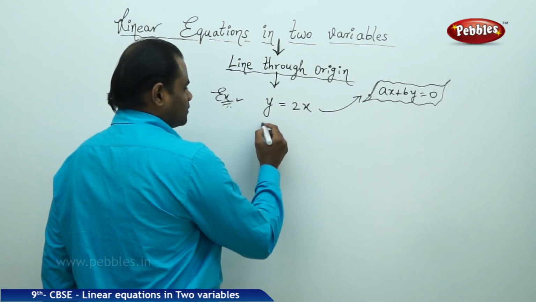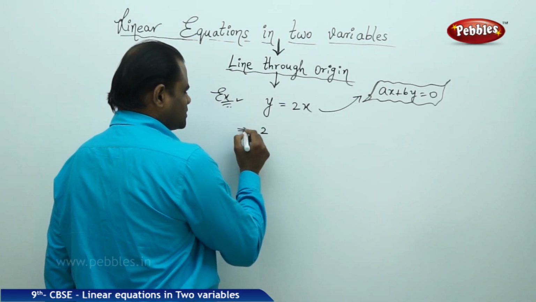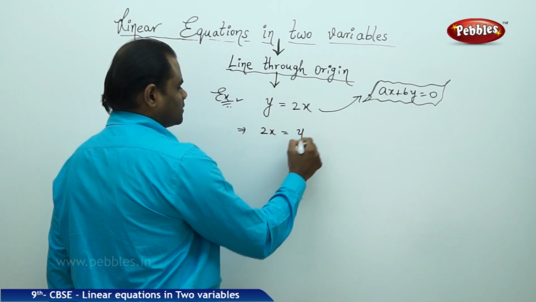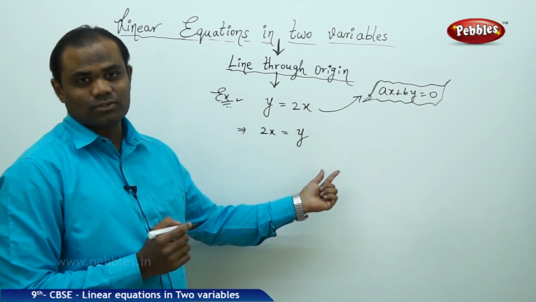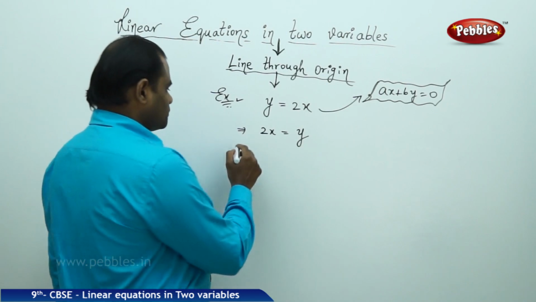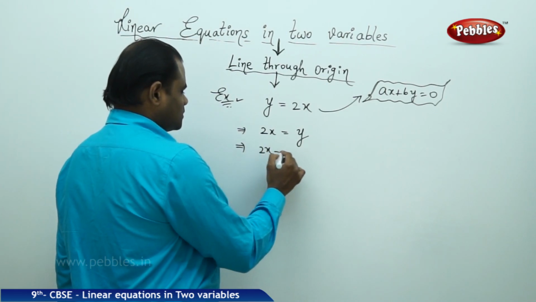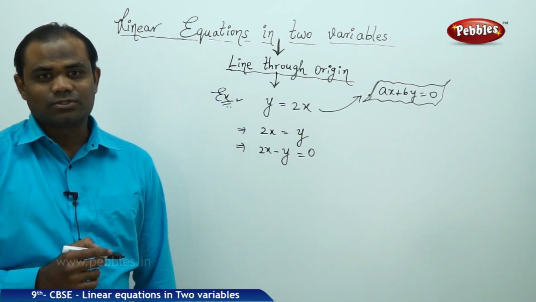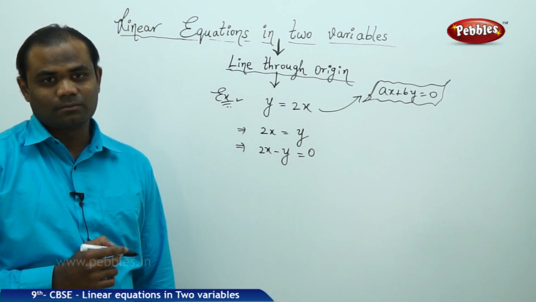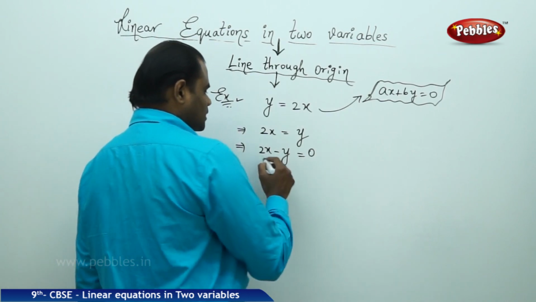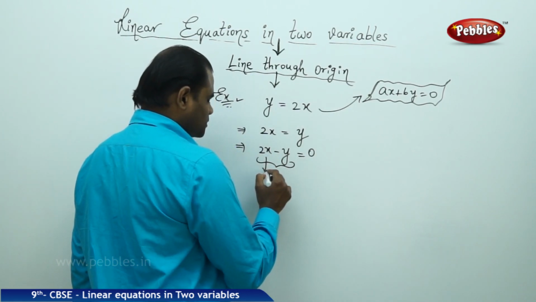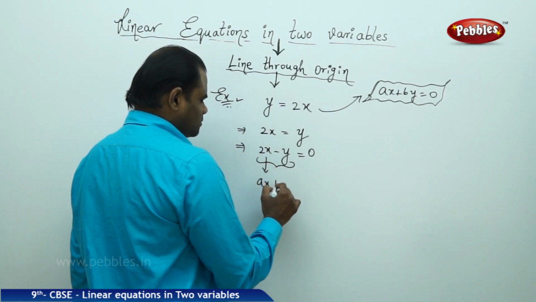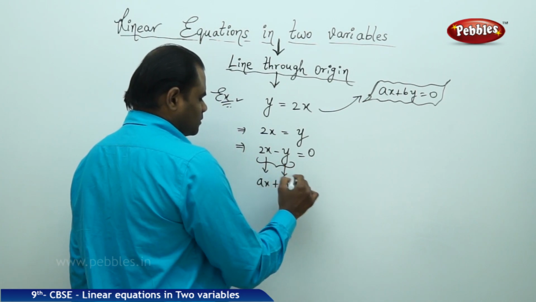Therefore, y equals 2x implies this can be written as 2x equals y, and when y is brought to the left, it is written as 2x minus y equal to 0. Clearly, as I see the comparison, this can be written in the form ax plus by equals 0,